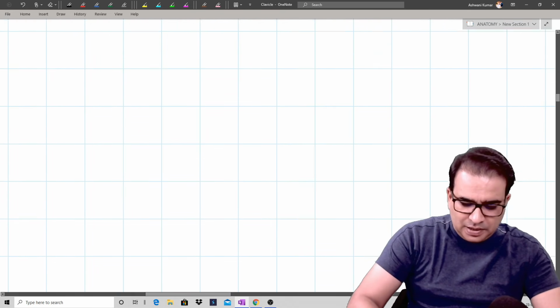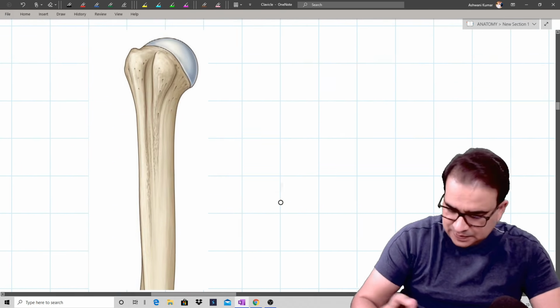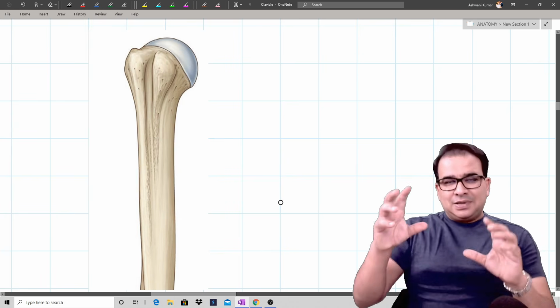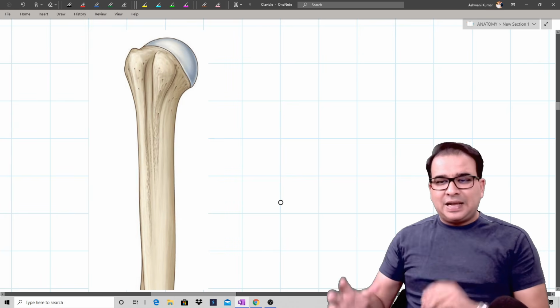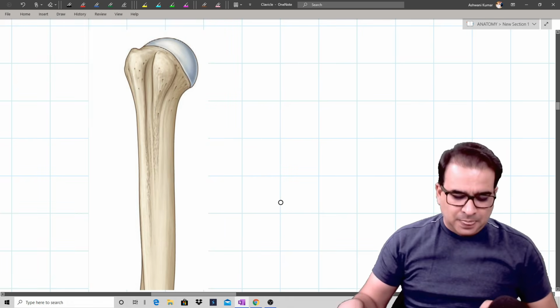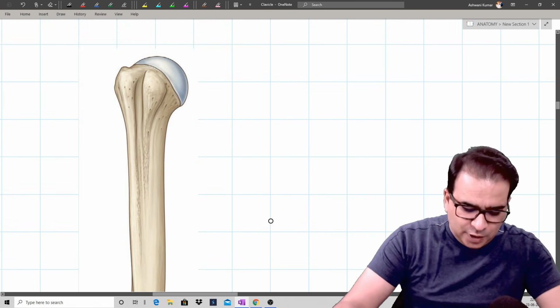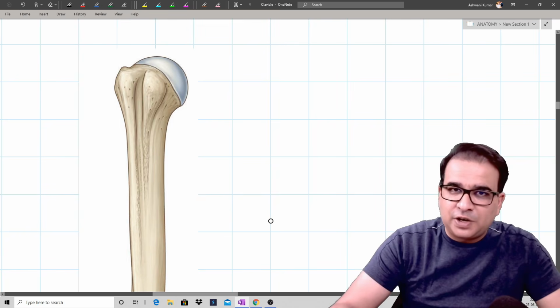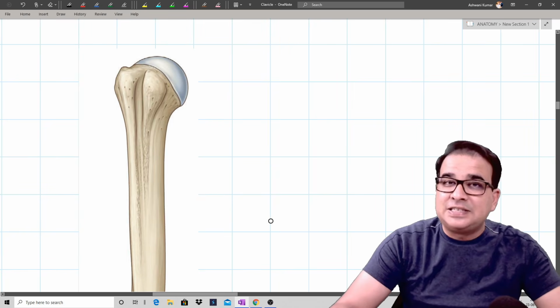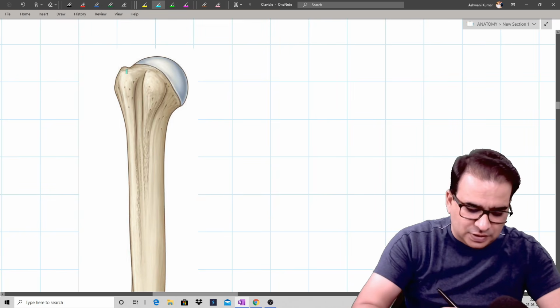The next bone that we'll be considering here is the humerus. Now, as I said, I'm discussing these bones separately. Once I'm done with the humerus, then I'll show you the muscles together. Now, you're looking at the upper end of the humerus. We already discussed the ossification. We have three secondary centers of ossification, one for the head, one for the greater tubercle, one